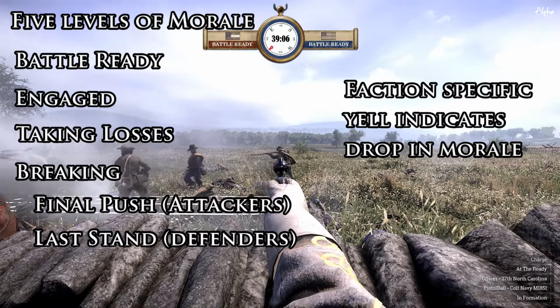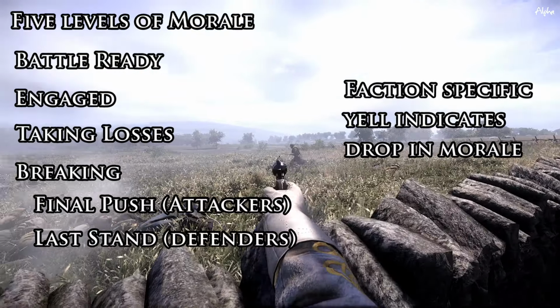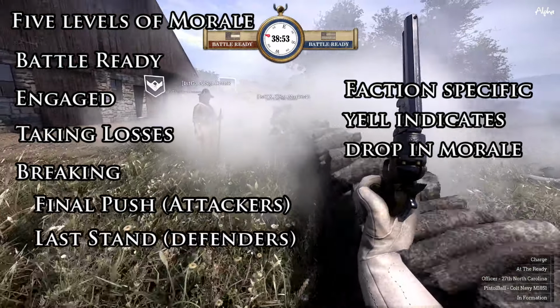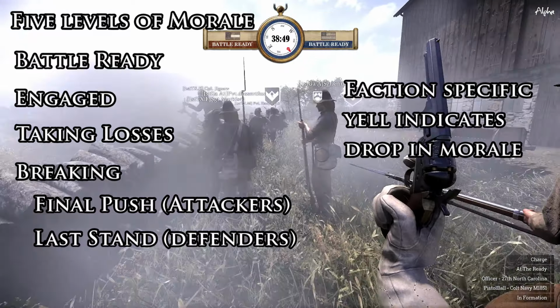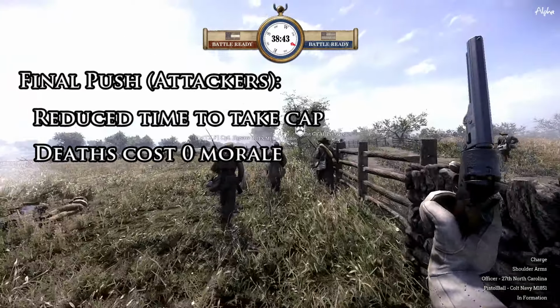The first 4 are the same for both sides, starting with battle ready, then going to engaged, taking losses, and breaking in that order. When a side goes down in morale, the opposing side lets out a cheer, either the rebel yell or the Yankee huzzah as an indicator. The final stage is different and specific for each side. Once the attackers reach the final stage, they go into final push,